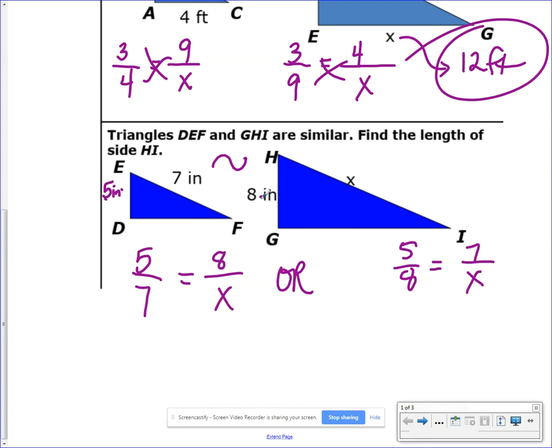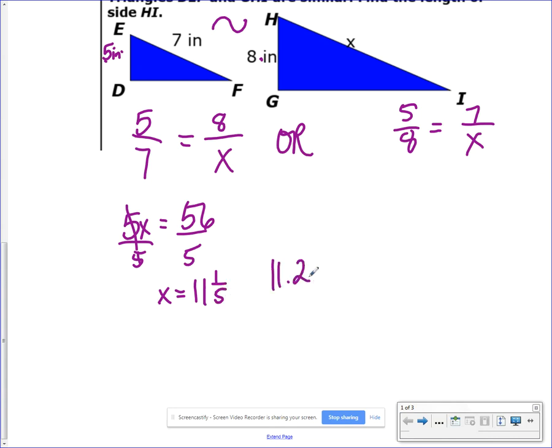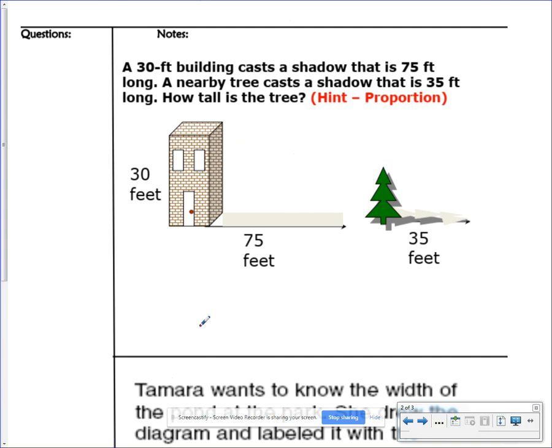If you do it this way, 5 is to 8, as 7 is to x, make sure that if you're starting with the smaller triangle and then comparing it to the larger one, always start with the smaller one and compare it to the larger one. As you cross multiply and solve, you get 5 times x equals 7 times 8, which is 56. Divide both sides by 5. Aha, I will not get a whole number here. 11 1/5, which is the same as 11.2, and make sure we label it inches. There we go. Now, that's not so bad, but let's take a look at some of the more familiar ones,